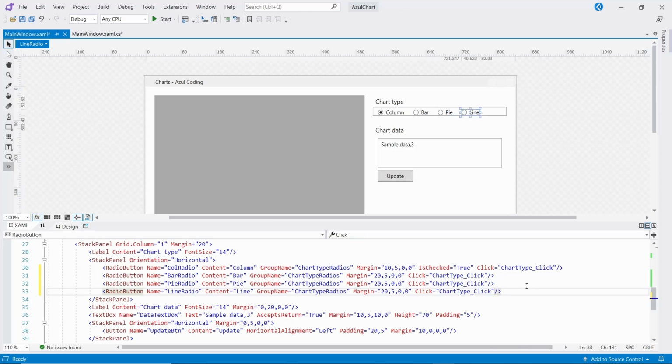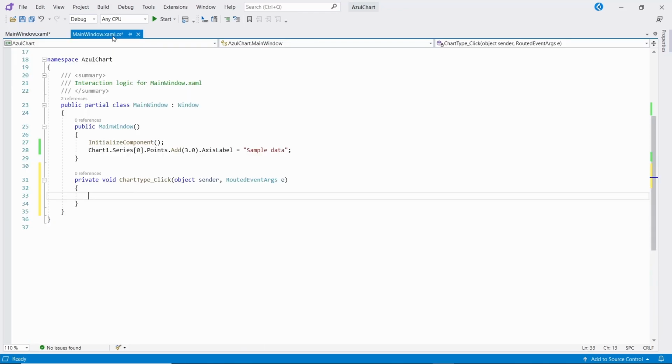Now we can go back to the code and add a switch statement that checks which button the user pressed and which chart type to use, making sure to cast the sender object to a radio button so that we can get its name.